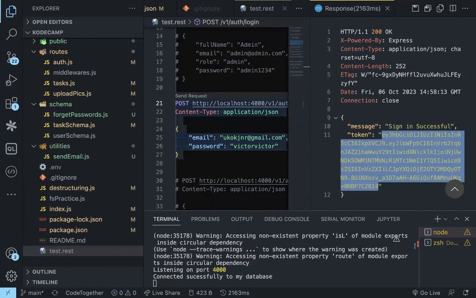This token identifies the user that is maybe currently logged in. And remember that we didn't implement logout, which means that if someone has access to your token, the person can